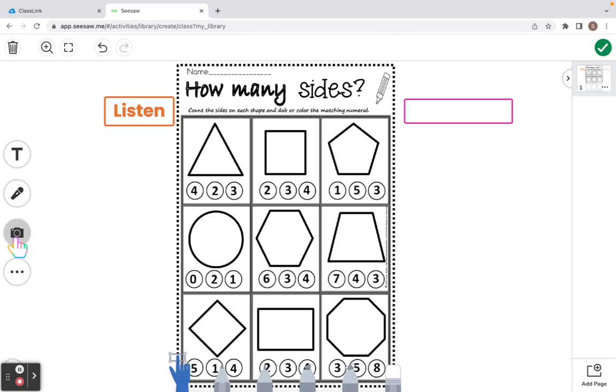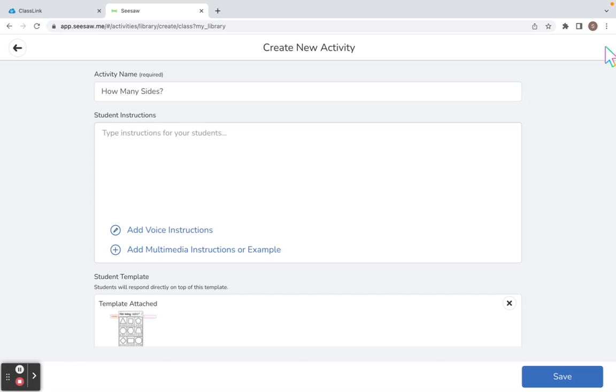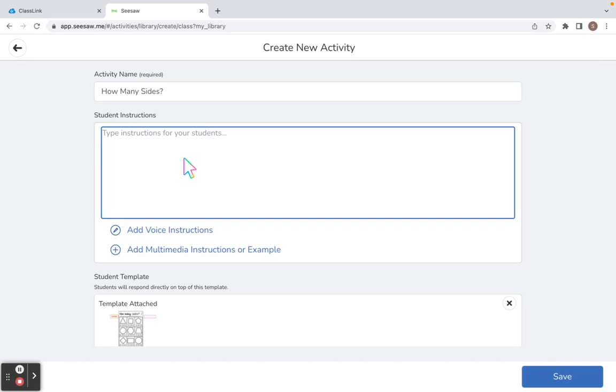You can also include a picture in the assignment, and you can also record yourself in your screen. So this records your screen rather than just your voice. So I'm going to click the green check. And now I'm going to type my instructions. So my instructions will say, please